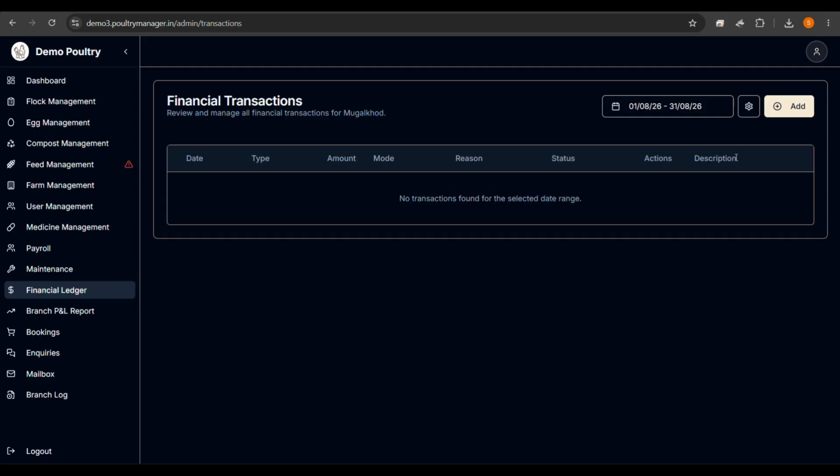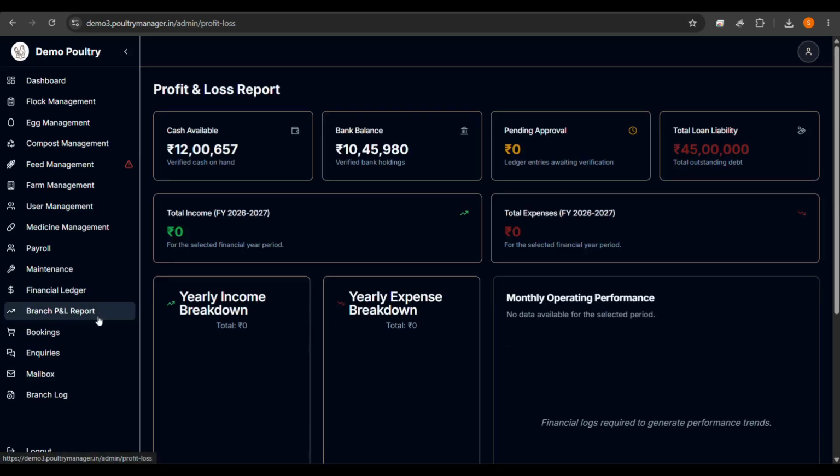And every evening whenever you close your farm, you have to make sure that your available balance in the branch profit and loss report and your in-hand cash and the bank balance should match. It should match, but sometimes there will be some deduction from the bank or some variation in the cash. In that case you have to do,